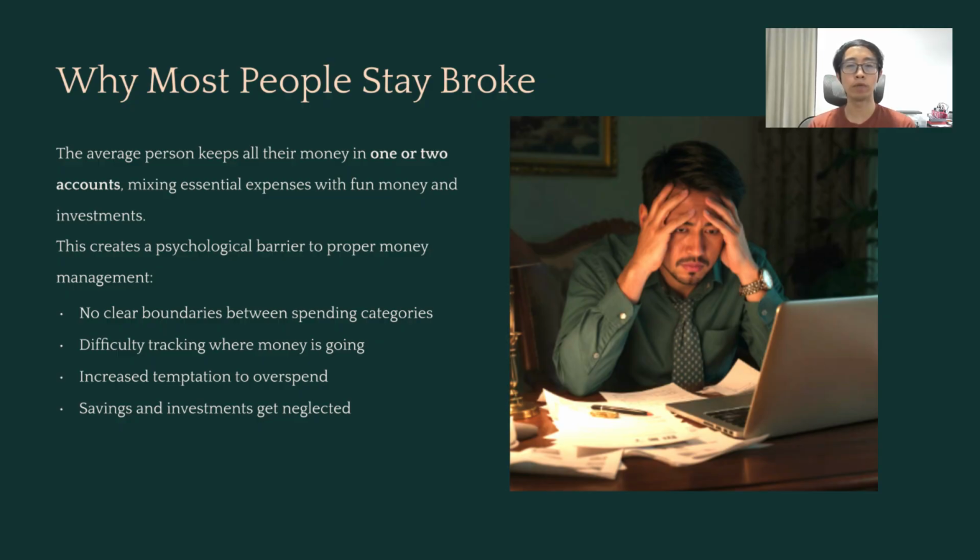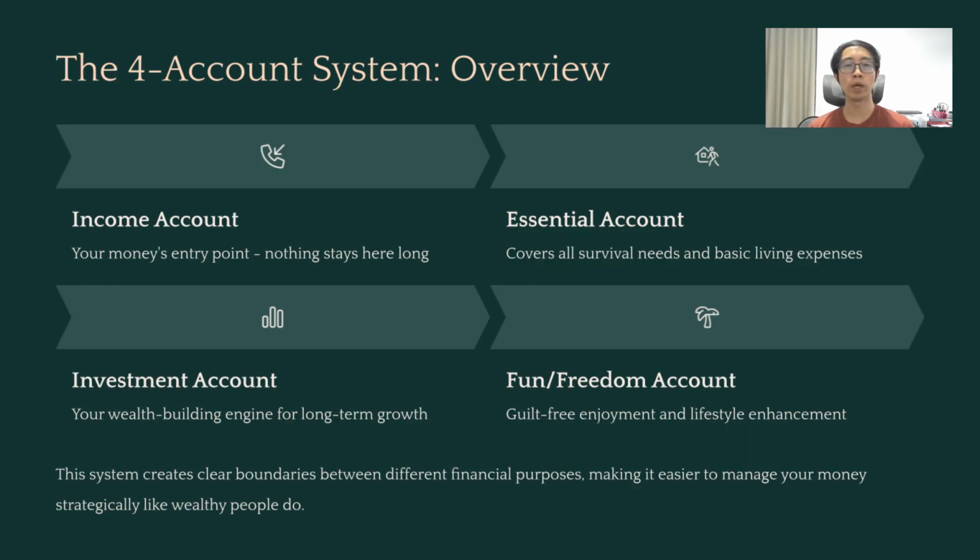By putting all your money within 1 or 2 bank accounts, it's very hard for you to know, let's say every month, how much you actually have left for spending in the different categories. That's why when you want to manage your money, it's best to have the money allocated in different buckets or different bank accounts so that you have very clear visual or mental clarity of how much you have for the different buckets of spending. This is how you actually want to manage your money within the so-called 4 account